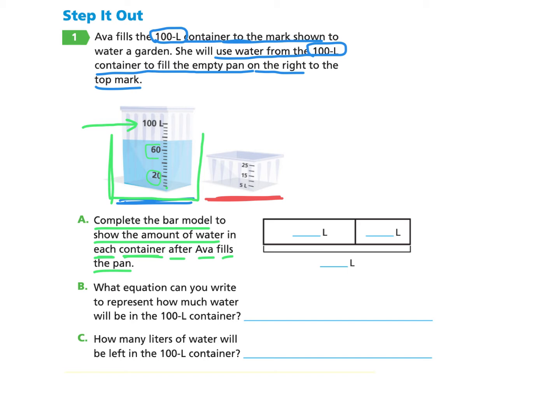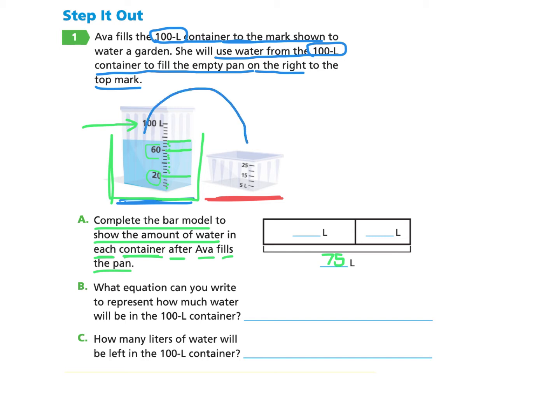So I would notice that this would be going up by 5s. 5, 10, 15, 20. Here's 20. So I'm going to keep counting by 5s on the marks. 25, 30, 35, 40, 45, 50, 55, 60. So here's where 60 is. Now I need to keep counting by 5s. 65, 70, 75, and that's where we stop because that's where the water level is. So we know that the total amount of water is 75 liters, and what we're going to do is take